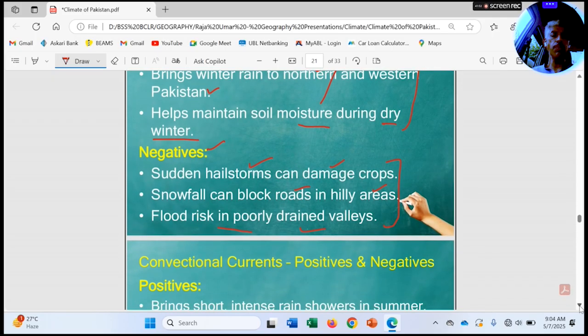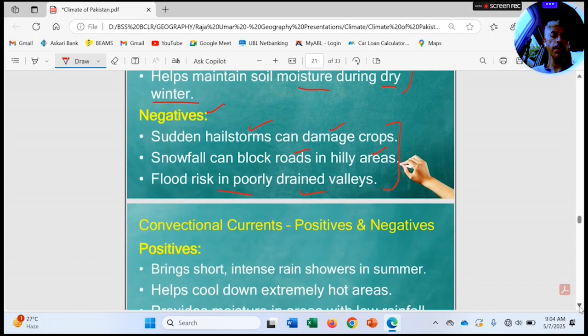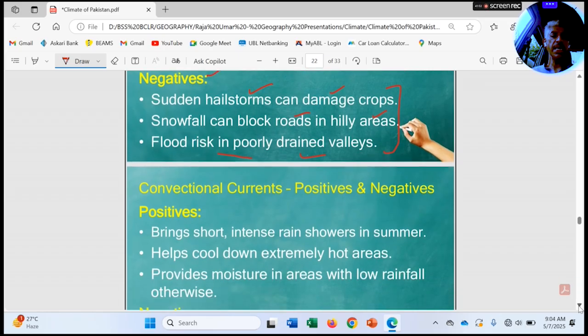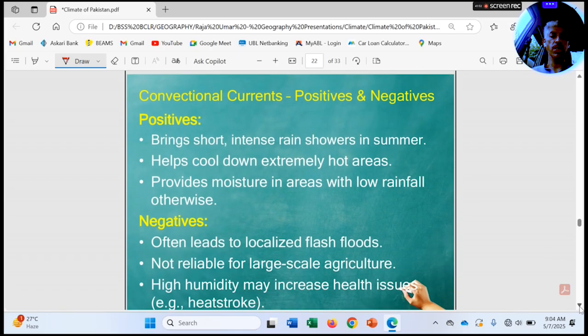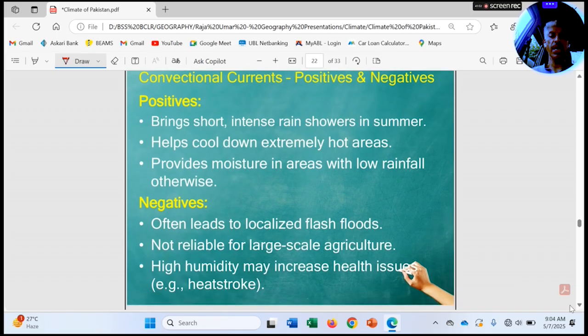And the Hamuns, the salty lakes in the Balochistan region, get filled up, and the nomads get sufficient water, and they may be able to get grass there for the cattle as well, the goats and sheep. So next one, the convectional currents, their advantages and disadvantages: they bring short, intense rain showers in